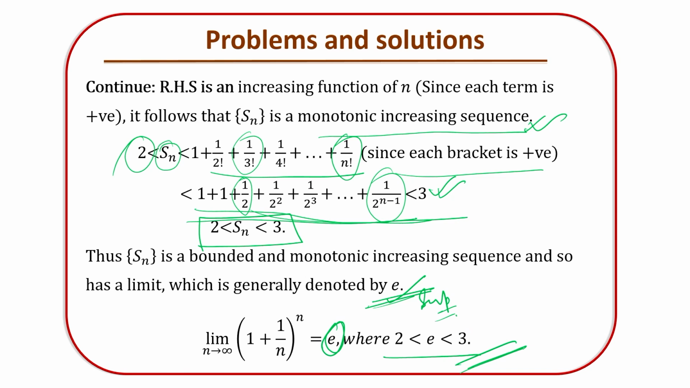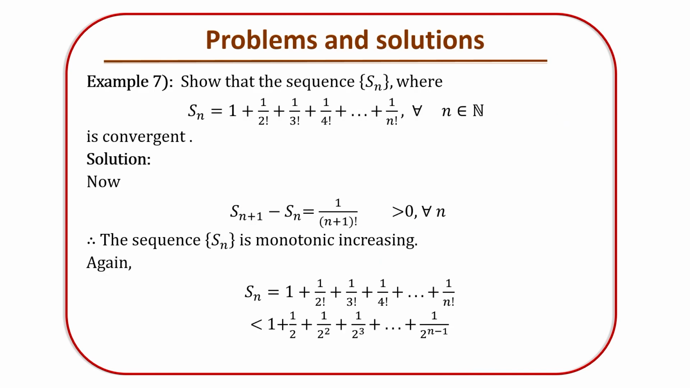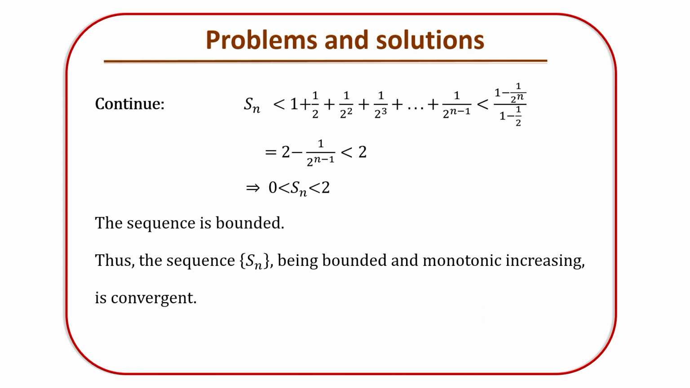In real analysis, you must remember this theorem. Now problem 7, in which we are going to use the same thing: S_n equal to 1 plus 1/factorial 2, 1/factorial 3, up to 1/factorial n. Now look at the difference S_{n+1} minus S_n. It is a monotonically increasing sequence, and we have just shown that it has the bound 2. So the sequence is bounded, and if the sequence is bounded and monotonically increasing, it is also a